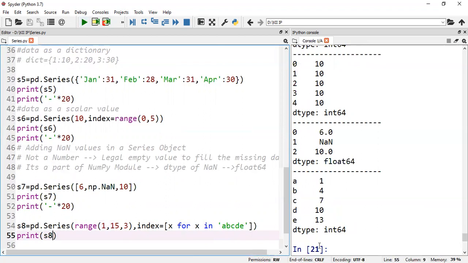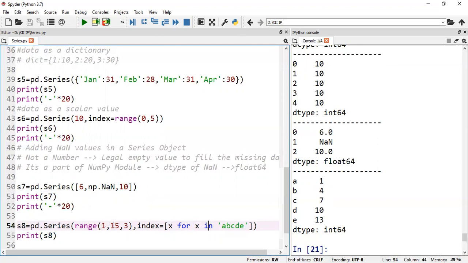You will get the answer. Okay, what is that index? You can give it this way also, as a for loop. So x first, this is a for loop, and this is the membership operator. First x will take the value a, and that x will be given as the index for the first value a. Okay, we know the range function: you're starting from 1 with a step difference of